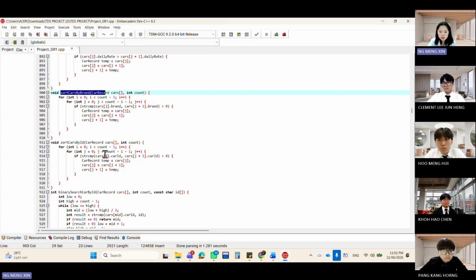In our system, car records can be sorted by daily rate, brand, and car ID. Rental records can also be sorted by rental amount and customer name. The sorting functions are manually written and do not use STL sorting functions.